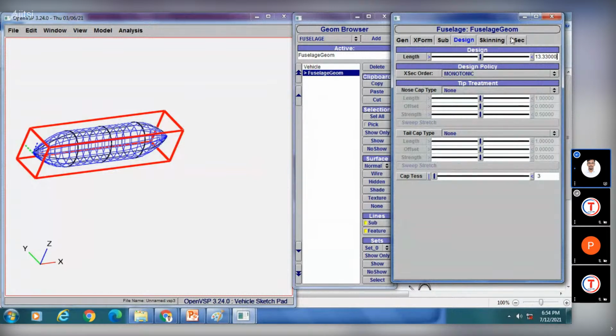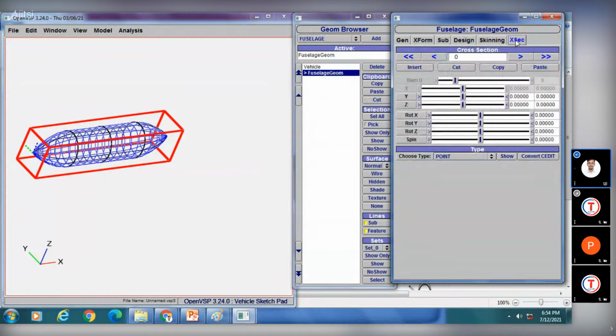Okay, so after this, we have to come to cross section. Here we have to use extra cross sections. By default we have 4, so I'll just add 3 more cross sections, 1, 2, 3, and I'll come to each and every cross section and quickly give values, because time is already up. For the zeroth cross section, we know geometry should be closed, so I'll use pointed type. And first cross section,